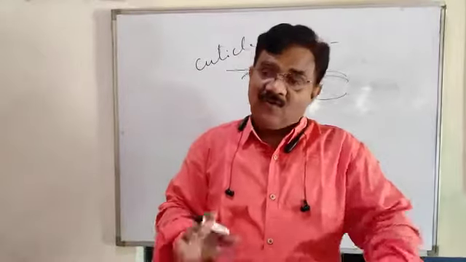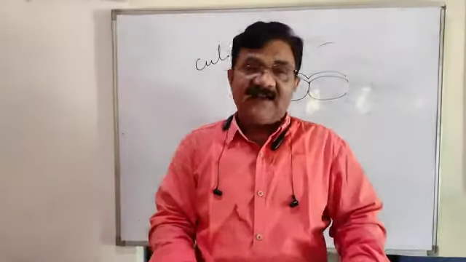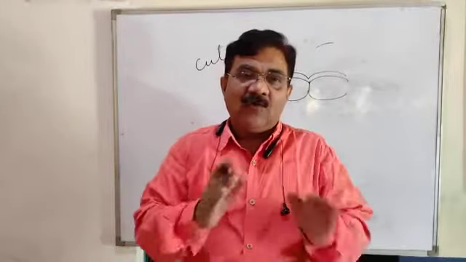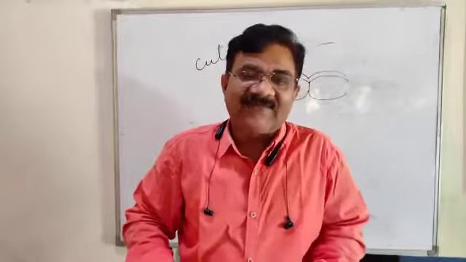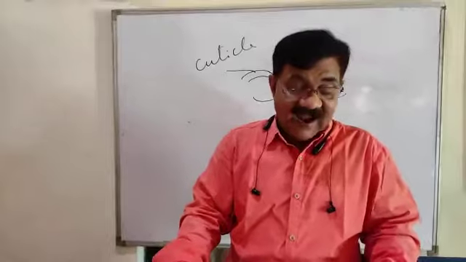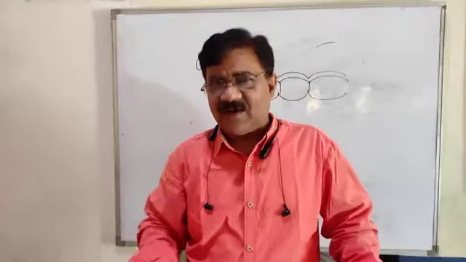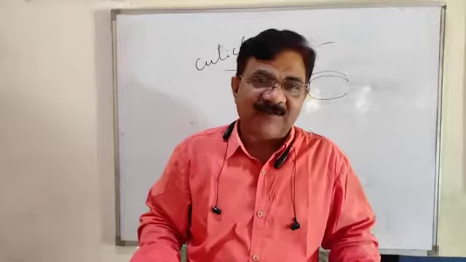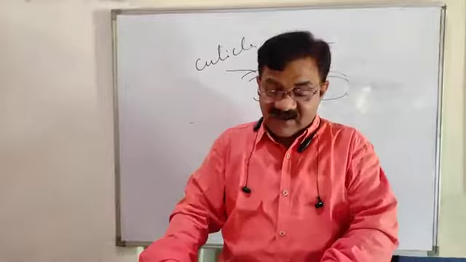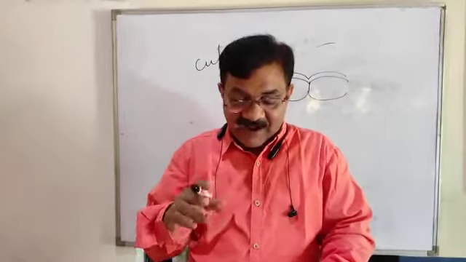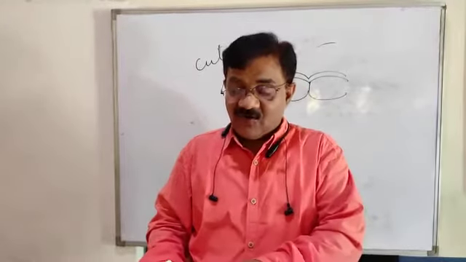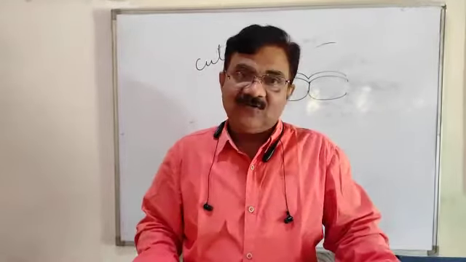So dear children, what we have studied today: we studied kinds of transpiration, we studied the experiment showing that both surfaces of the leaf do not have the same rate of transpiration. We discussed cuticular and lenticular transpiration. We discussed the factors affecting the rate of transpiration, external and internal factors, and we discussed the adaptations in plants to reduce transpiration. In the next video we will discuss the rest of the part. Today, up to this much.